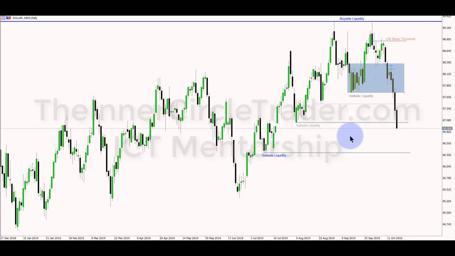Low resistance liquidity run is going to be very low stress. It's going to be very low maintenance. It's going to be very quick to get to your profits. It's going to be very fast moving away from your entry profitably, and very, very little drawdown. That's the signatures that go along with a low resistance liquidity run. Low resistance liquidity run trading is the basis of this mentorship. That's what I'm promising you. You're going to learn that.